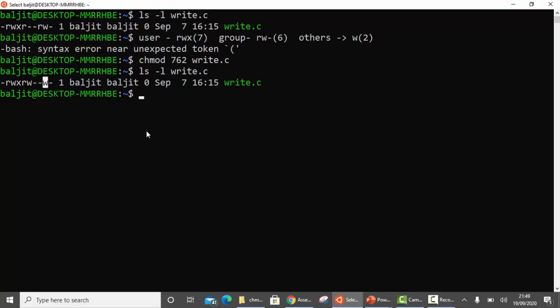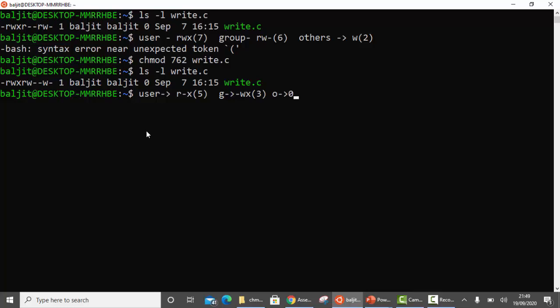One more example. For the user I want, let us suppose, read and execute. This means 4 plus 1, that is 5. For the group I want, let us suppose, write and execute. This means 2 plus 1, that is 3. For others I want no permissions, none.